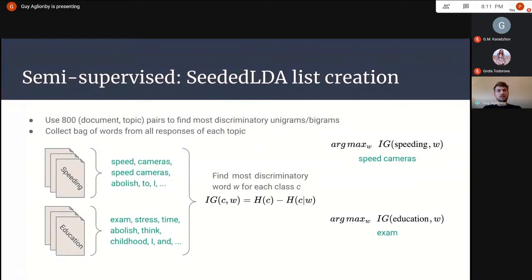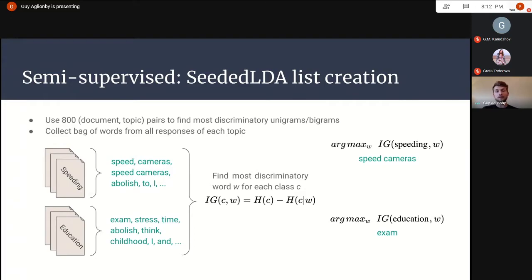Here, H(C) is just the entropy of the class, and H(C|W) is the conditional entropy of the class given the word. You can imagine that if the conditional entropy is a lot lower than the normal entropy, then the word gives us a lot of information because it reduces the entropy of that class.